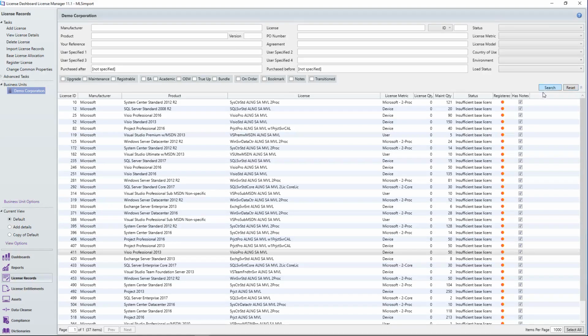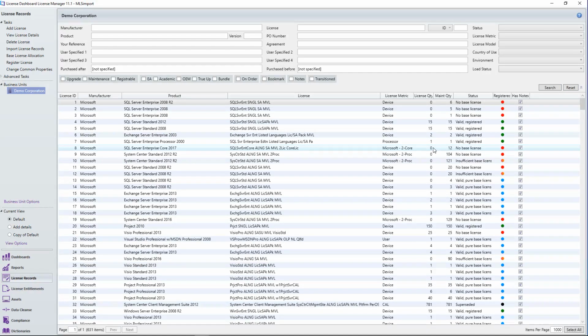One of the really nice features of the MLS import is that you can import an MLS multiple times. So the 1st of January we import an MLS, and then we come 6 months later to re-import another one. License Manager will do some verification for you, so you don't have to just import the latest files. What it will do is a complete comparison of what's already in the database with the next MLS. It'll show you what's been removed, it'll show you in green anything that's new, and it'll show you in yellow